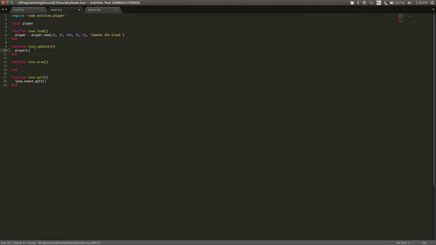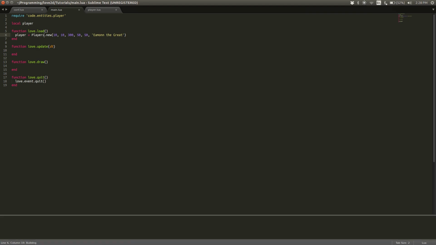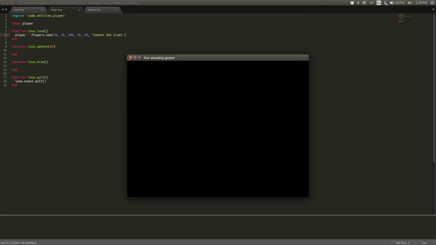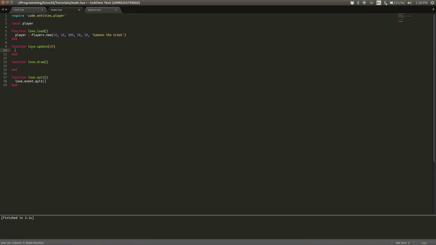So now all we have to do is say players. Wait, what? Players, and then here just players, or no, yes it is, I think. Players dot update dt, players dot draw. And basically the reason we're doing this is so it'll allow us to get our current player's